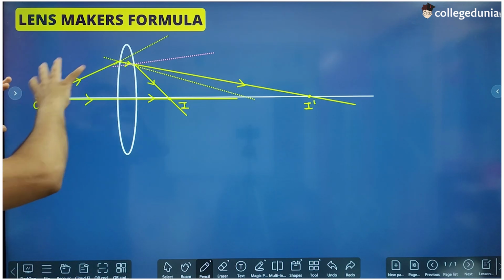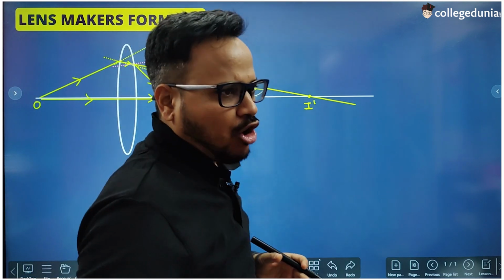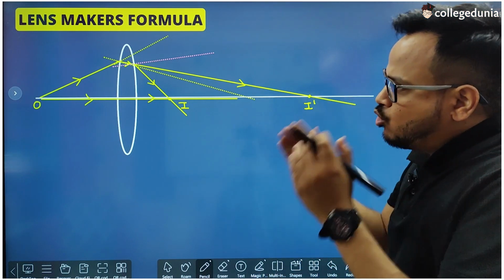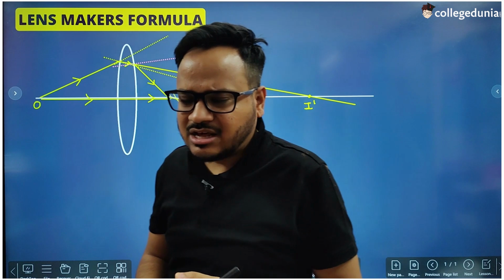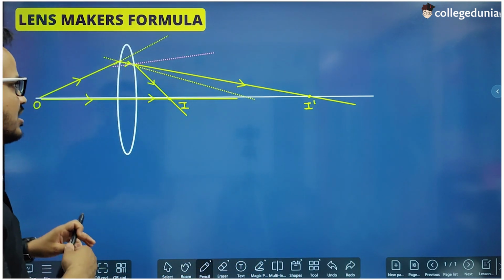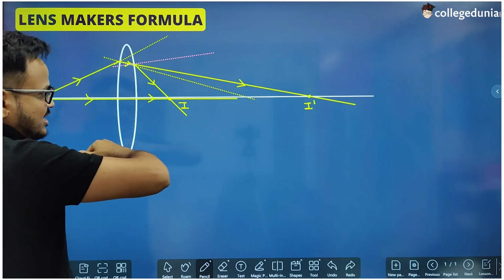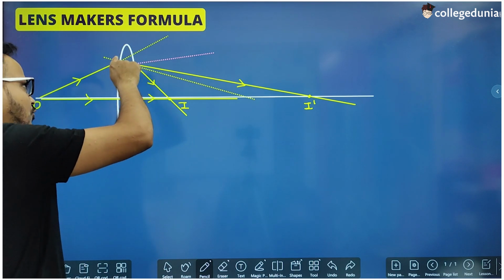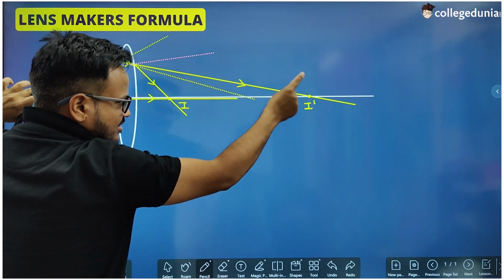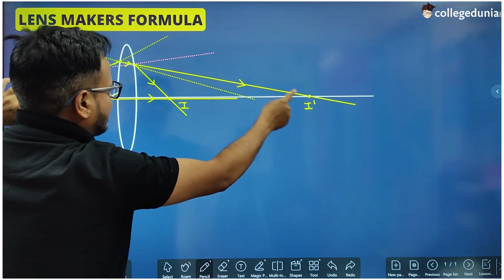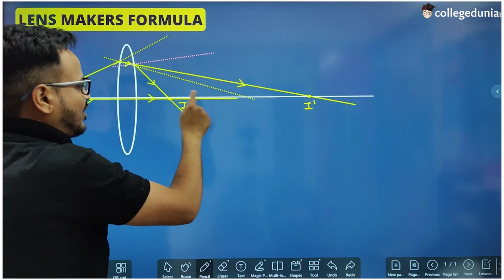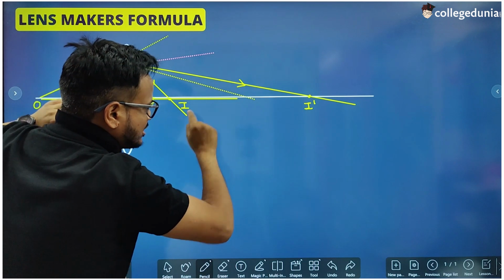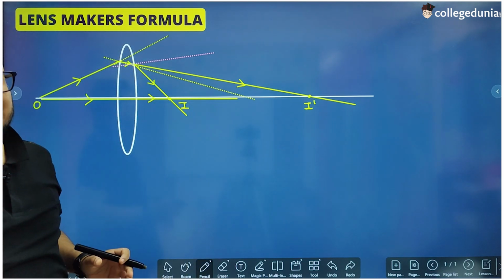Okay, so how does this all happen? This is the basic principle of optics. If you have studied optics, you must know that if more than one surface is present, either reflecting or refracting, the image of the first surface acts as the object for the second surface, right? For this surface, the image is this, and this image is going to act like an object for the second surface. So then the final image will be formed. So we can say that I dash is the image of O and I is the image of I dash, if we go into more detail.